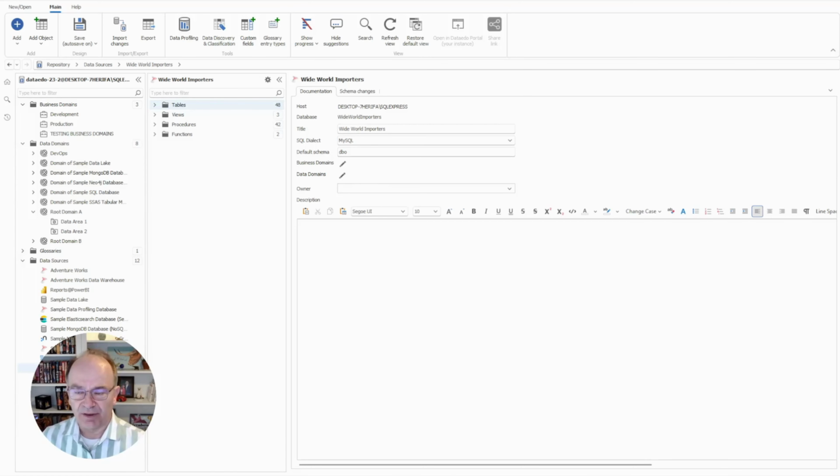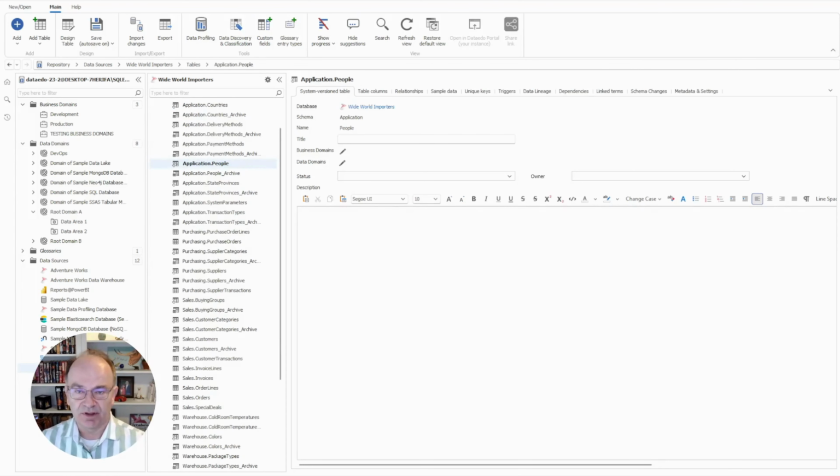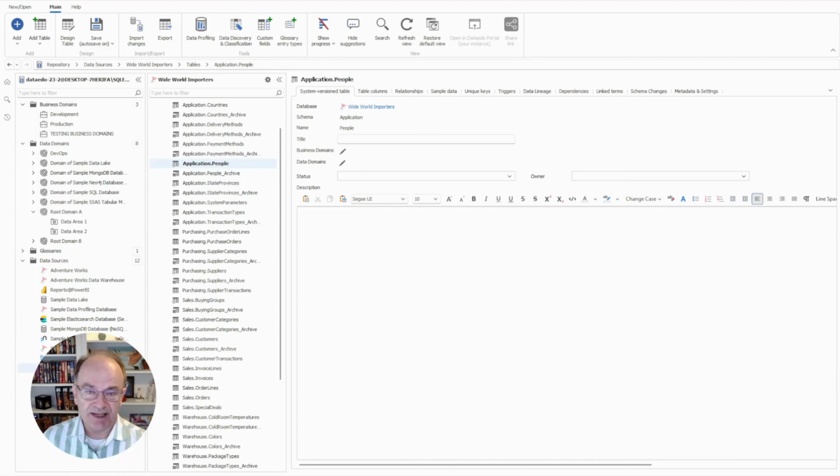And then the other items that are inside of a collection, for example, the tables, the views, the procedures, you're used to seeing them right here in a hierarchy. They've just moved over here. And to work in here, of course, again, you double click to select things. If I want to choose a table, I double click on it. It opens in the content pane, and we work with that exactly the same way we always have done